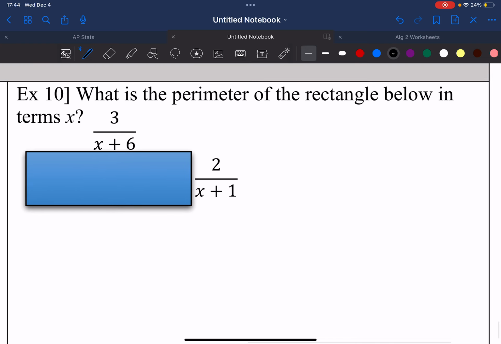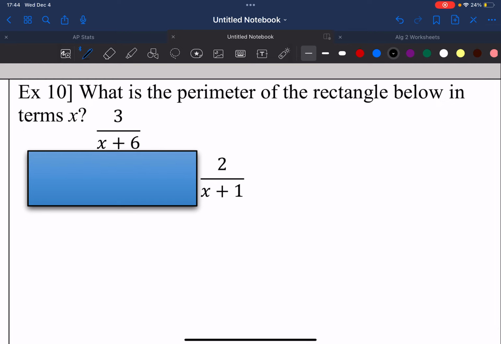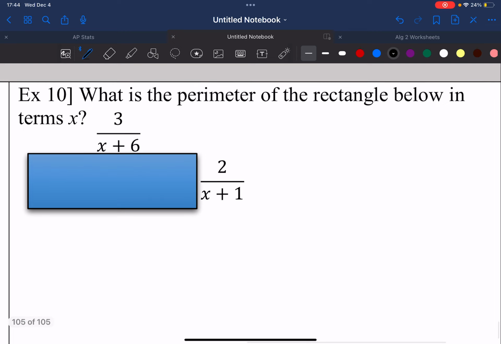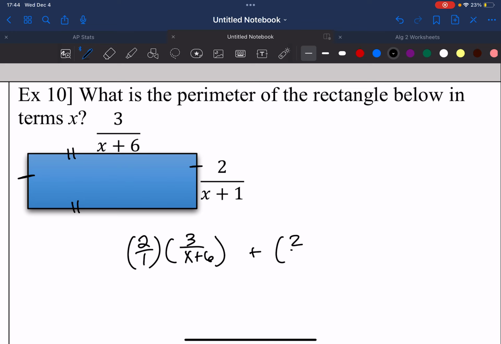And then lastly, number 10, it wants us to find the perimeter of a rectangle. Well, we know the rectangle has two corresponding sides. So the top here and the bottom here are going to be the same, of 3 over x plus 6. And the left and the right are both going to be the same as 2 over x plus 1. So since each of the sides are doubled, we're going to take 2 times each of the sides before we add our fractions together. So we have 2 over 1 times 3 over x plus 6 plus 2 over 1